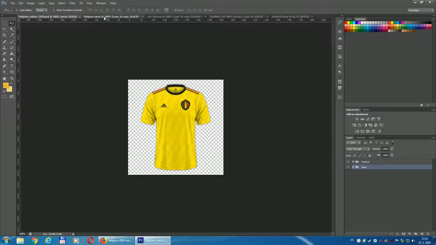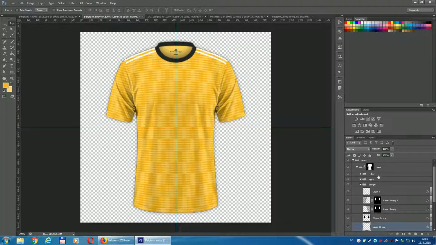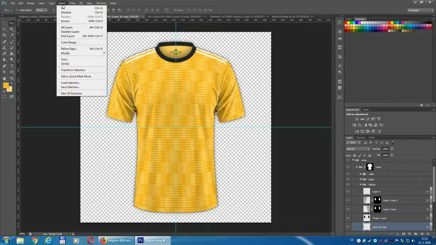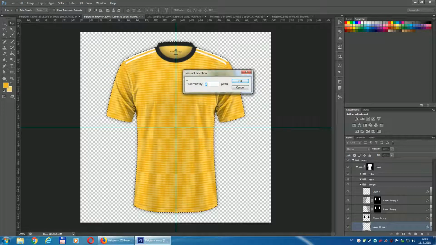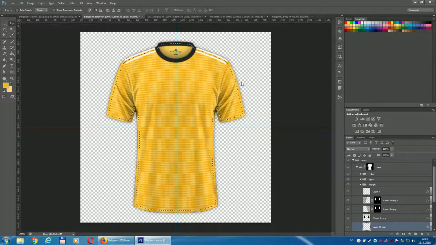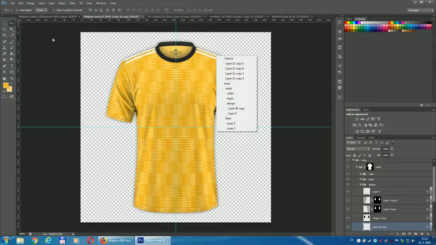How will I do it? I again make the selection of the mask, control left click on the mask, you see the selection. Now I go to select, modify and contract. Contract, I would say 4 pixels or 3 pixels. Let's choose 4. Yes, that's right. And now I do Control Shift E to invert it, and with a